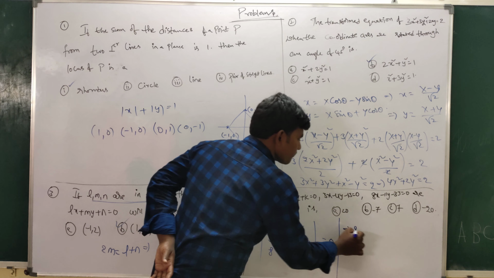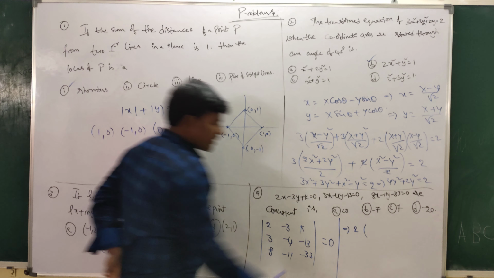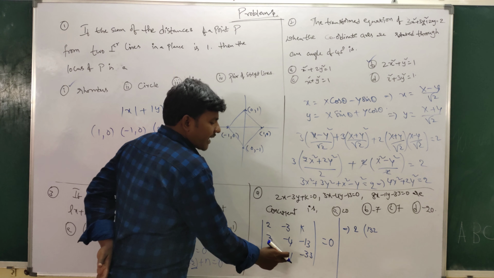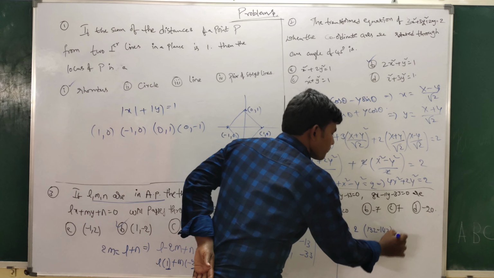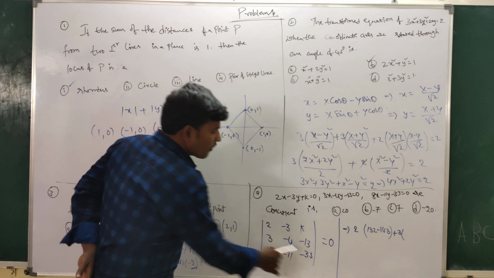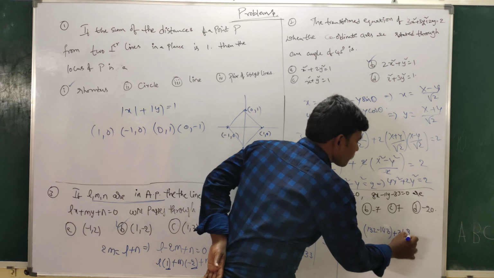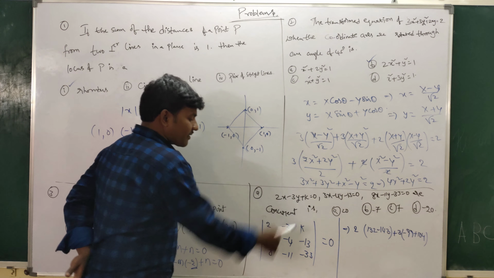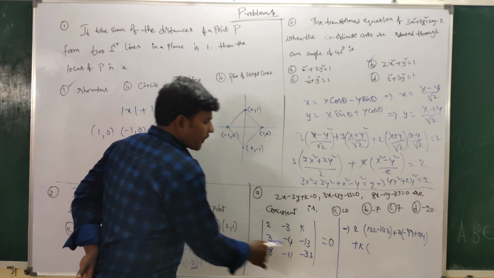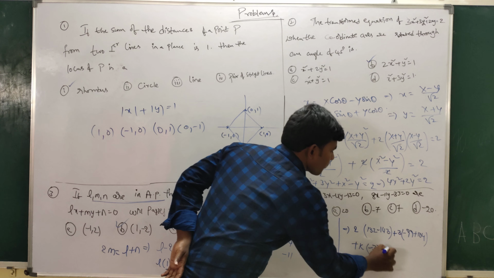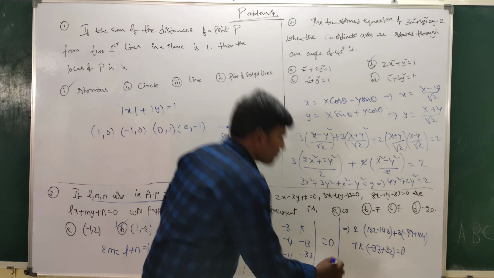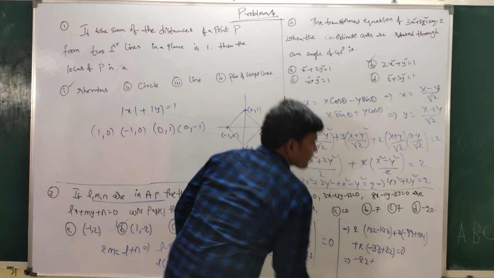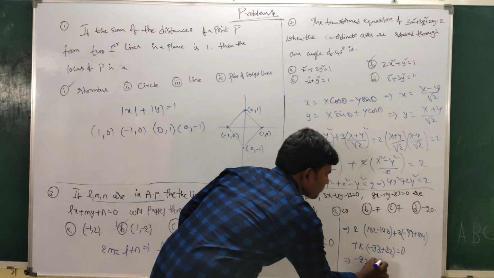That implies 2 into minus 4 into minus 33, 132; minus 11 into minus 13, 143 minus 140; plus 3 into minus 99 plus 104; plus k into minus 33 plus 32 is equal to 0. 132 minus 143 minus 11 into 2 minus 22, plus 3 into 5, 50, minus 1 into k minus k is equal to 0.